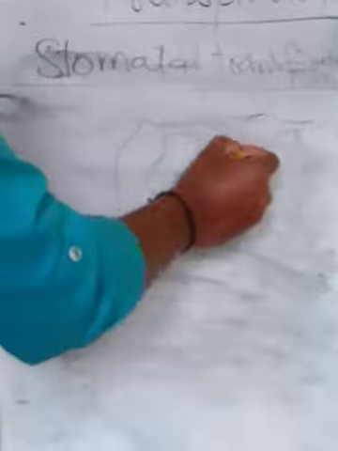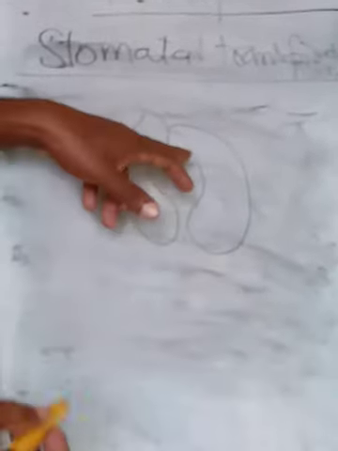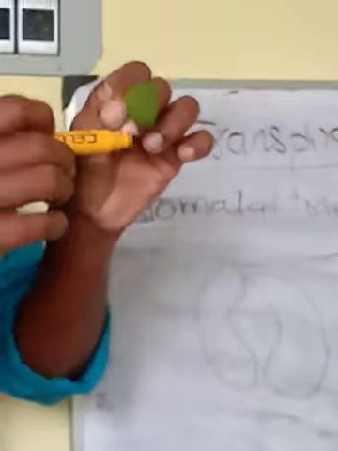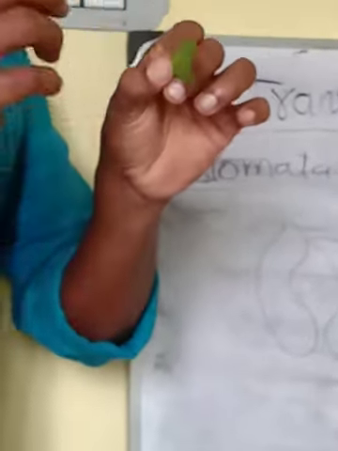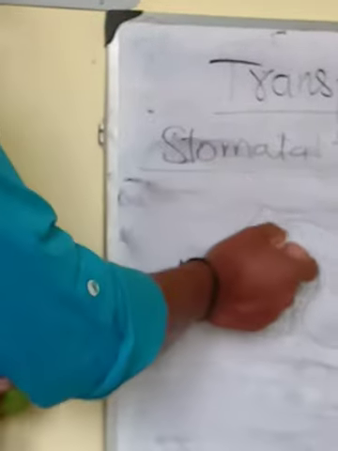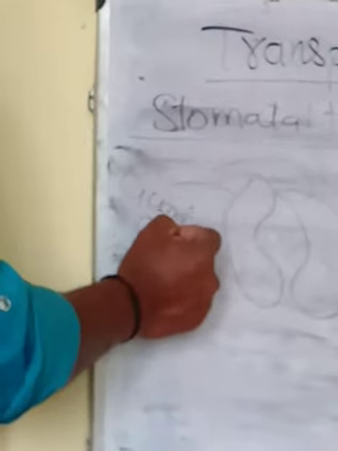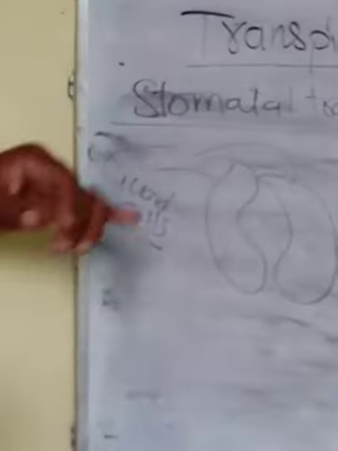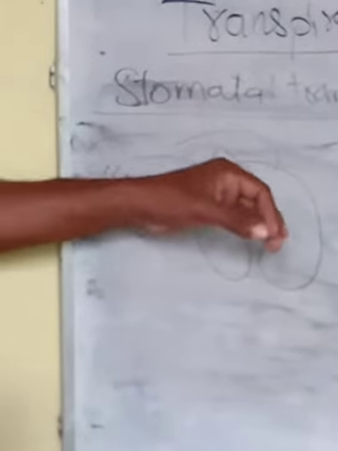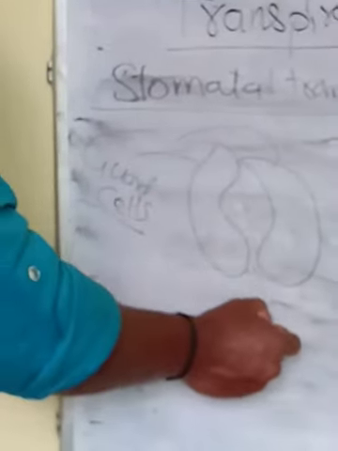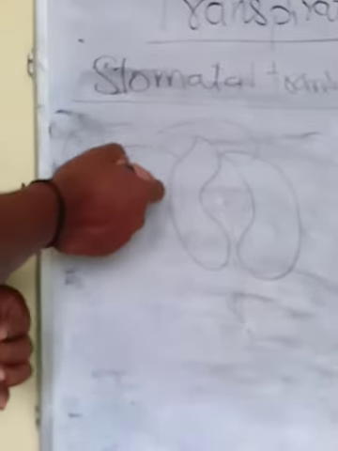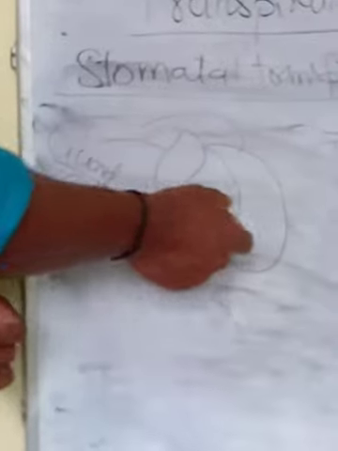So coming back to stomata, these holes are called stomata. See, this is a leaf, and if you cut it open you can see the stomata. When viewing the stomata, you can see each stomata is protected by two cells, which are called guard cells. Stomata is an opening, and the opening and closing of the stomata is controlled by the guard cells, which are on the two sides.